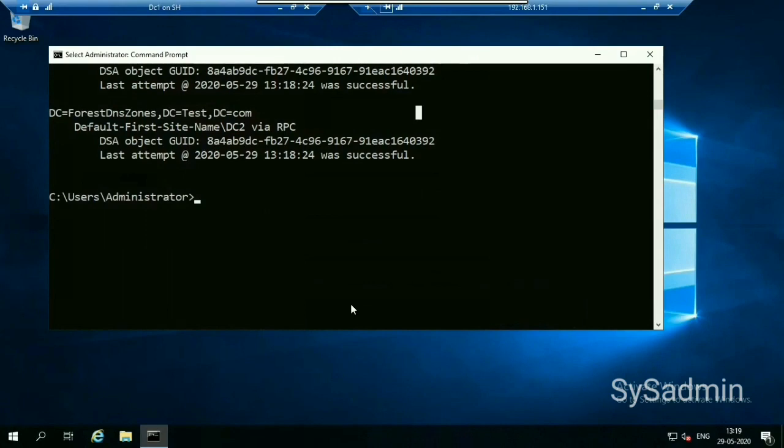The next command is to push replication to other domain controllers. Let's say you make some changes on the first DC and you want to replicate those to other DCs.